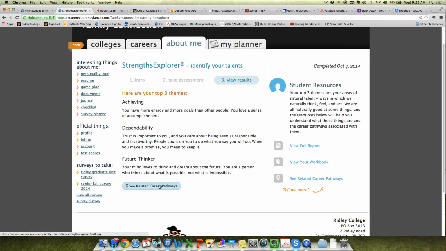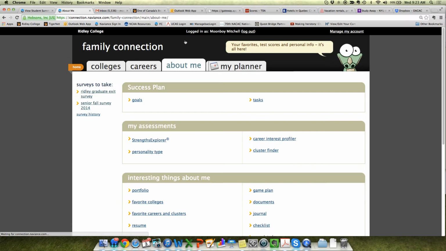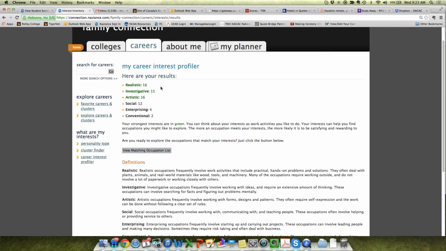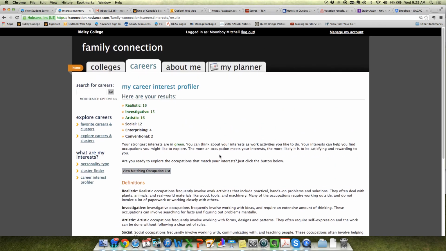There's also a link here to show possible career pathways to give them more information. The Career Interest Profiler is based on the Holland's Career Interest Profile. It'll identify 3 top areas of interest in terms of how their value system is set up, and they can view occupations here as well to help them with that.